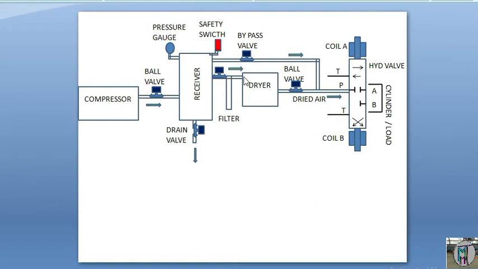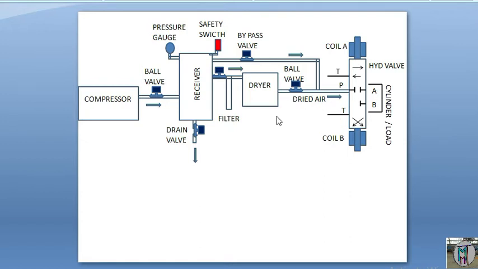Dryer means this is for drying your air. If we want the air to be dry, the air will go through this. It will separate the moisture from the air. And this is the filter for the dryer. Suppose some particles, some iron, dust, or rust are in your air, and suppose in the receiver also, so this will help so that only clean air goes to our dryer. After getting the dried air, we can use it in our system.